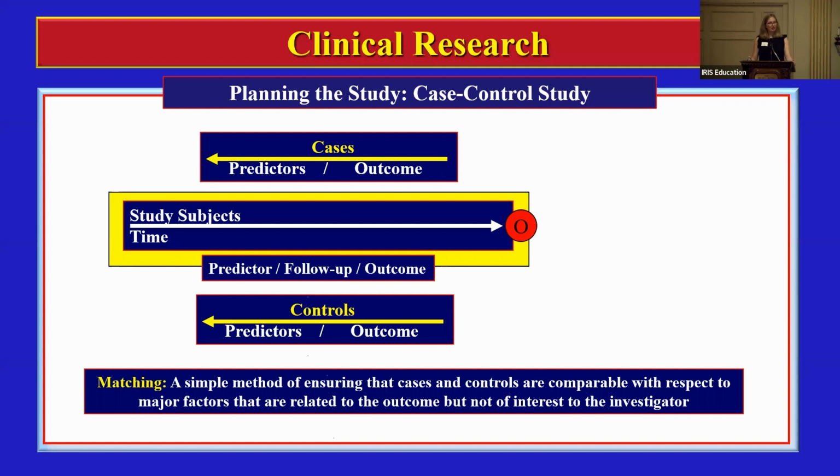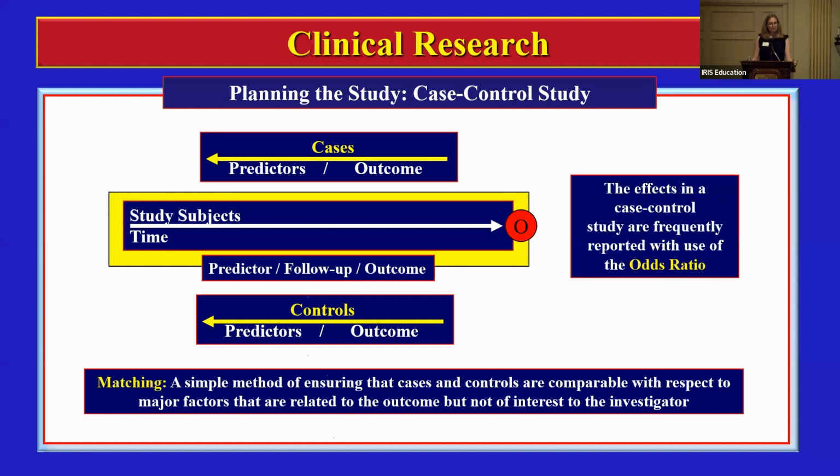So in a case-controlled design, I would take cases, which were those that developed diarrhea, and controls, which didn't develop C. diff. And I want to make sure that they're comparable with respect to their age. So all my cases would be matched to a control with similar age. Now, when it comes to the case-controlled study, we report the effects typically as an odds ratio, which is